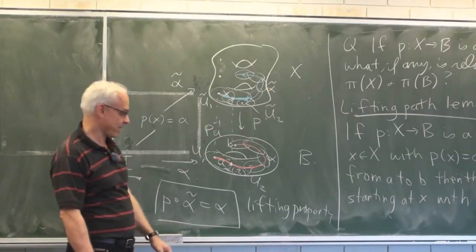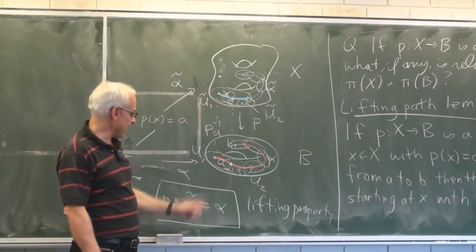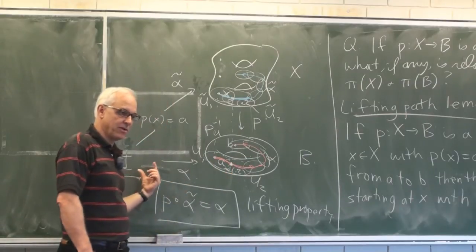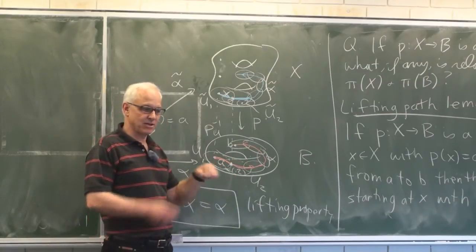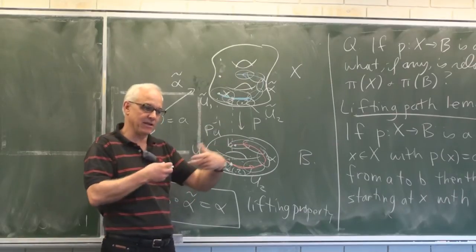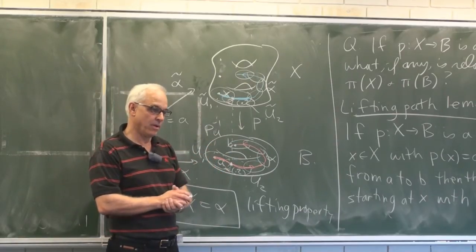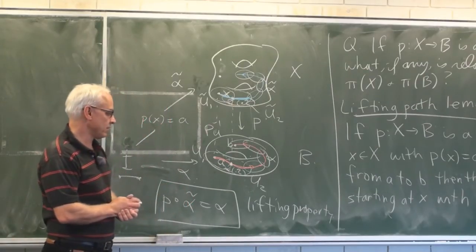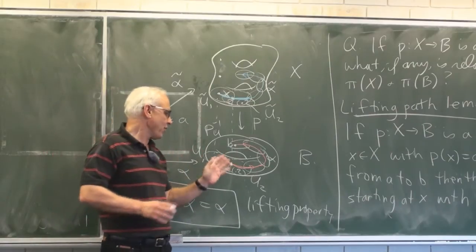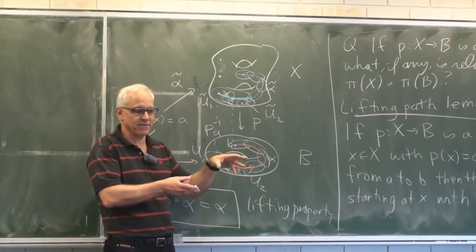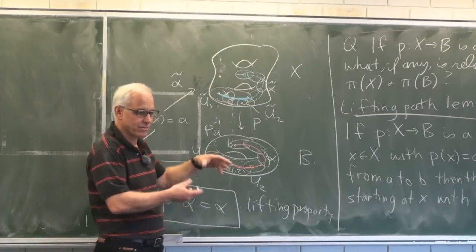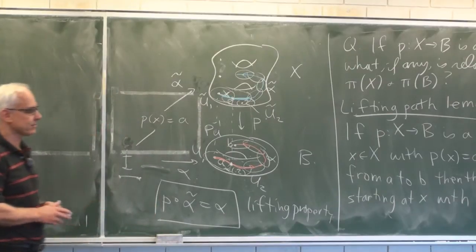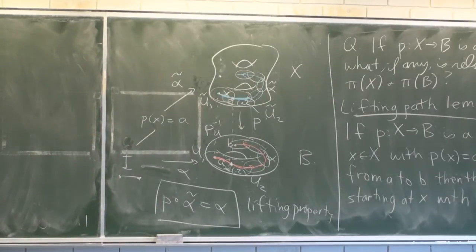Sorry? You only need a finite number of open sets in the base. Yeah, because this is a finite path. It's just a finite path from the interval into the space, so it can be covered by a finite number of these little neighborhoods. You won't get arbitrarily small ones. No, we don't work with any kind of perverse situations like that. So our neighborhoods are all nice and reasonable, and nothing ever gets infinitely small, and so on. That's a reasonable question.